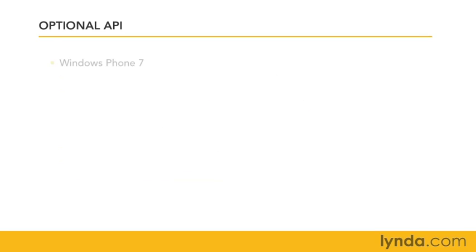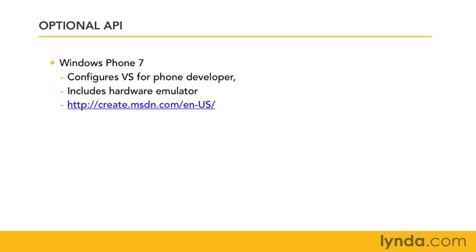An exciting twist in the mobile phone wars is Microsoft's new Windows Phone 7. To write phone apps, you have to install the phone developer tools. This supplement to Visual Studio provides the tools you need to create Silverlight and XNA phone applications. It even includes a software emulator of the phone operating system so that you can test the software without having